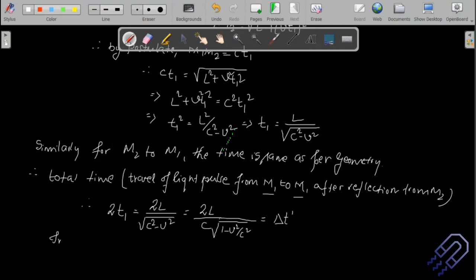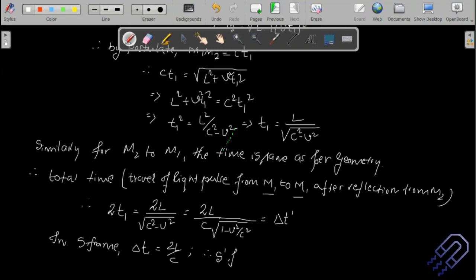Okay, so in S frame, delta T is equal to 2L divided by C. We have already observed it, right? So can we write 1 over root of 1 minus V square upon C square as gamma? Yes, you can directly write it as gamma, right? But very important, whenever you write this as gamma, you should mention in brackets that gamma is equal to 1 divided by root over 1 minus V square by C square. Most books do use the notation gamma, so this is very common, okay? So we can write it down, just to make it look better and more neat.